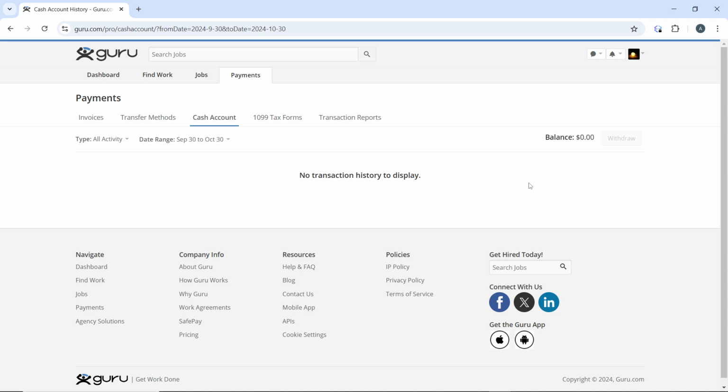And after submitting your withdrawal request, you may be redirected to a confirmation page or see a notification indicating that your request is being processed. You can return to the withdrawal funds section to check the status of your withdrawal. All right, and withdrawal requests are typically processed within a specified time frame, which is 2 to 3 business days. Check your chosen payment method